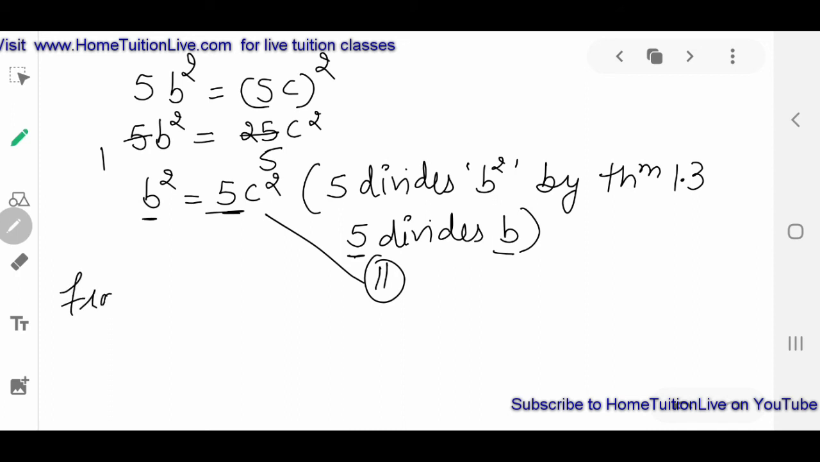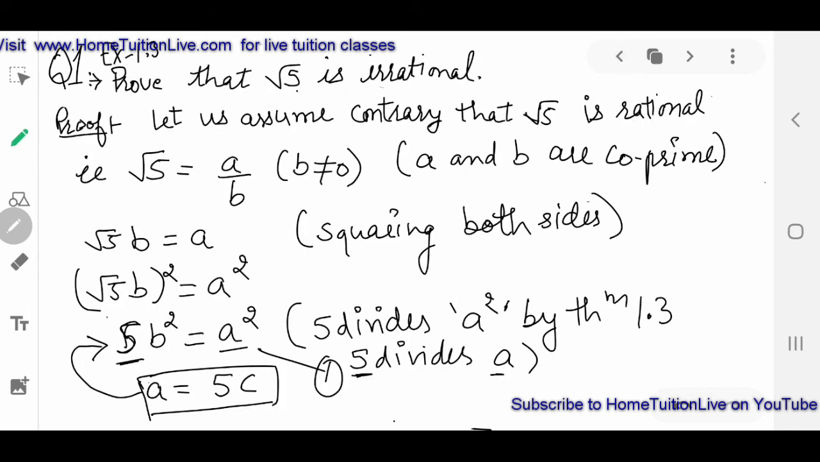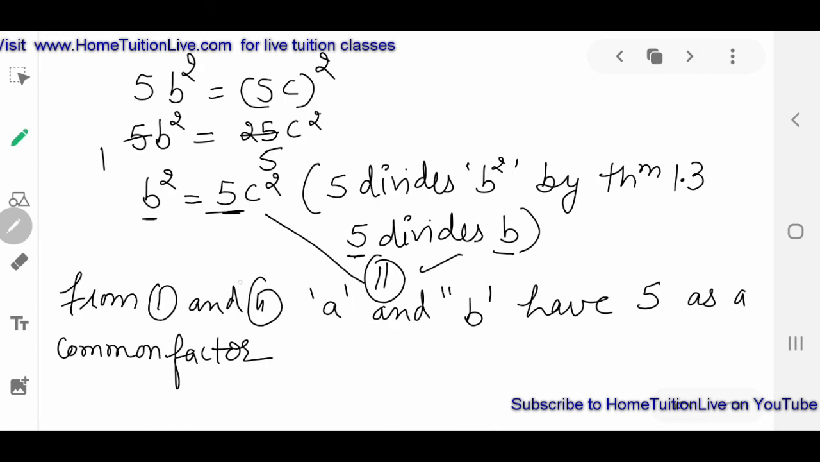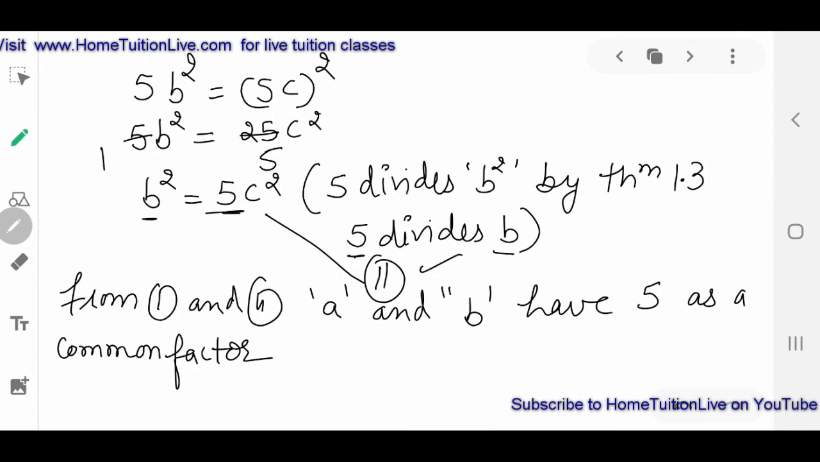So from 1 and 2, a and b have 5 as a common factor. From first equation and from second equation, you can say that a and b both have 5 as a common factor. But we took a and b as co-prime numbers, and co-prime numbers have only 1 as a common factor. So this